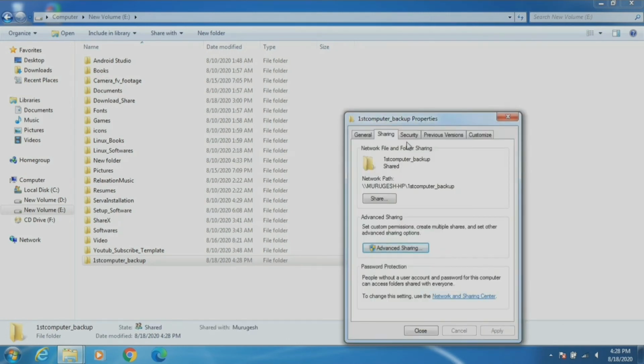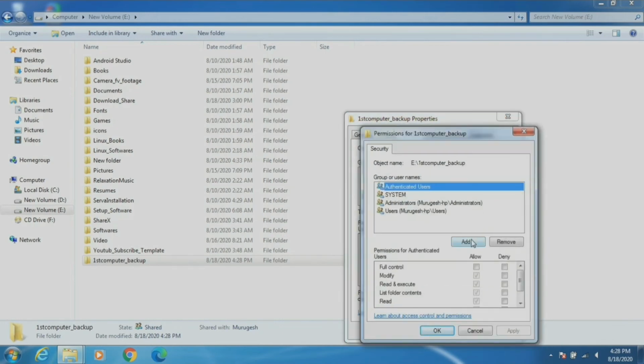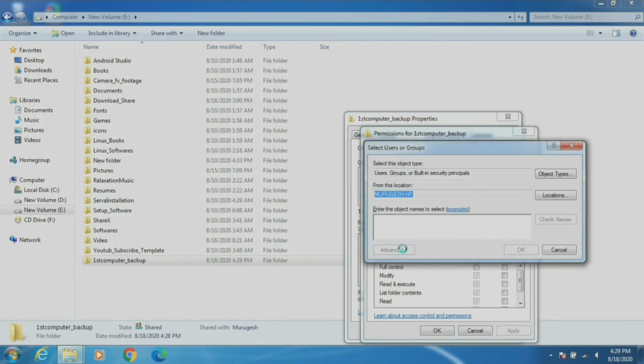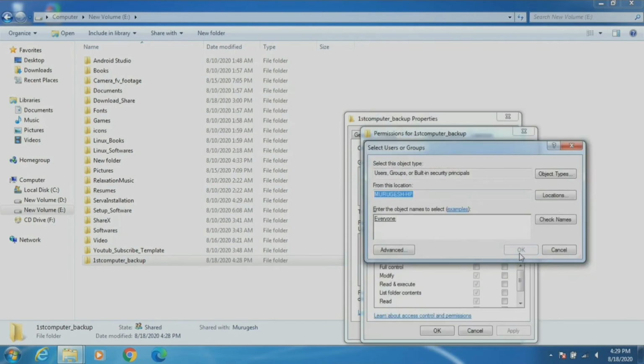Then go to the Security tab. Now in the Group or Username list we don't have Everyone, so we have to add it. So click on Edit, then go to Add, click on Advanced, click on Find Now. From this search result we can find Everyone, then double click on it, then click OK.